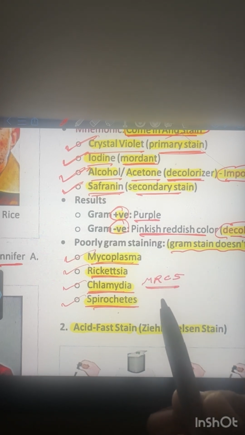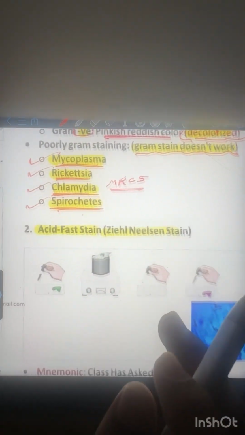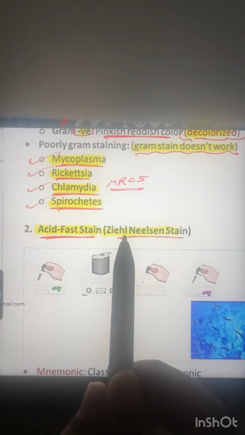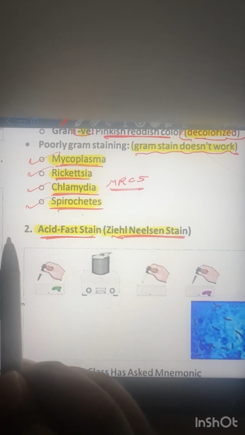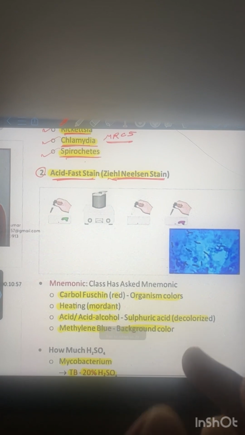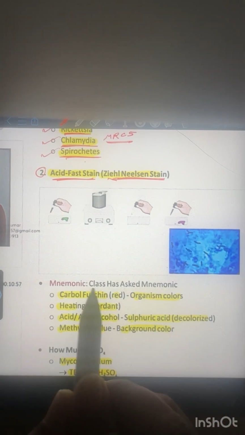Put a tick mark on gram stain and move on to the other one, that is the famous acid fast stain, which is also known as the ZN stain. Now Ziehl-Neelsen stain also has a mnemonic, which I hope all of you remember. What was the mnemonic for Ziehl-Neelsen stain? CHAM, that is, class has asked mnemonic. And I always tell students, this is a mnemonic which I once made impromptu in class,